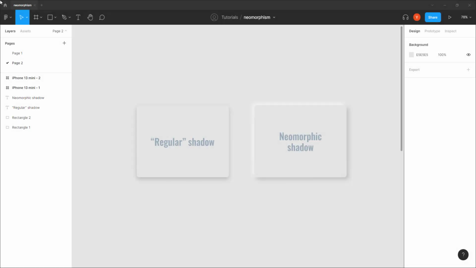Hi guys, so today in this tutorial I'm going to talk about neomorphism. What's the difference between regular shadowing and neomorphic shadowing, and how to create neomorphic style screens, elements, and so on. So here we have an example of a regular shadow, which basically when we place an element on any